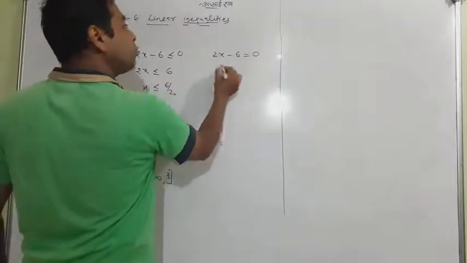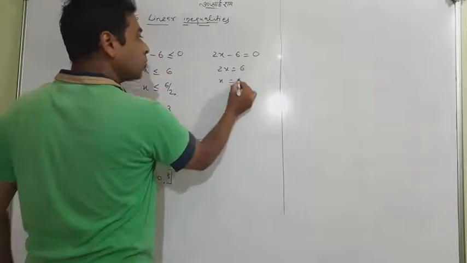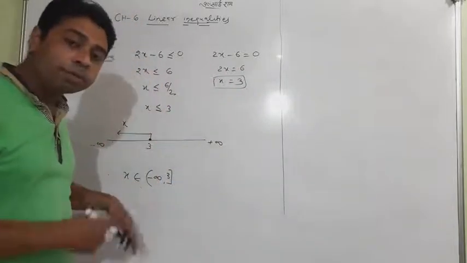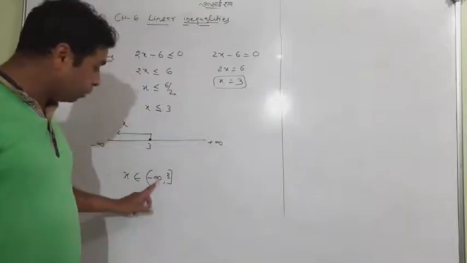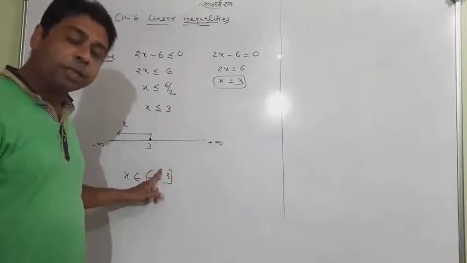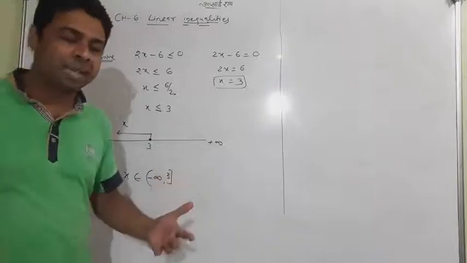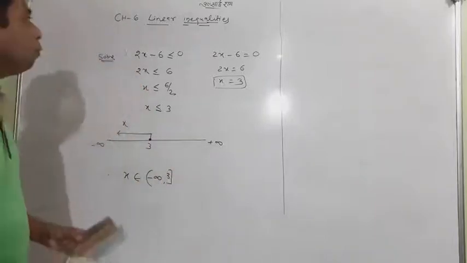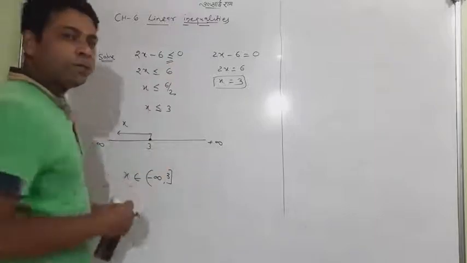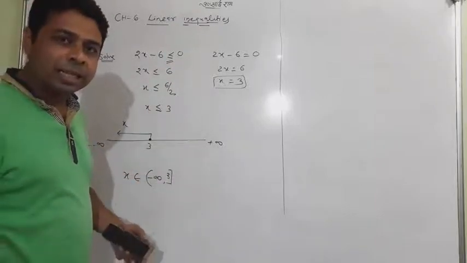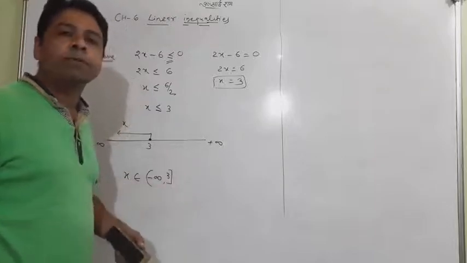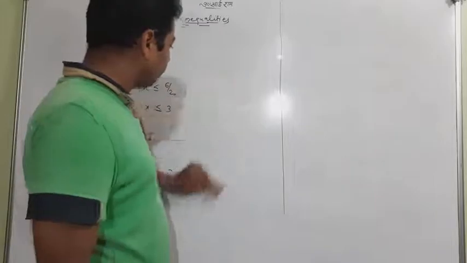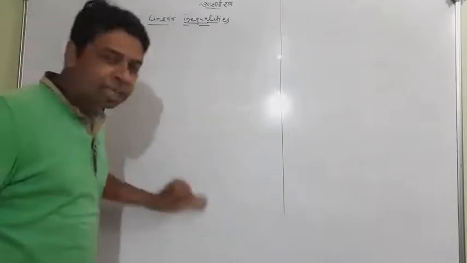Why am I telling you like that? Because when it was the equal to sign, we had 6 and x was 3. How many solutions was it? One solution. But this time the number of solutions is infinite. Between these two, we have infinite points. We get a set of solutions. So whenever an inequality comes, we definitely will not have a single answer, but a set of solutions. Okay, so this was a very simple question which I wanted to tell you to begin this chapter.